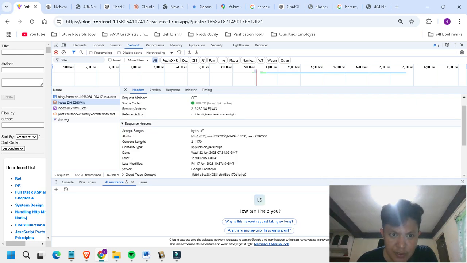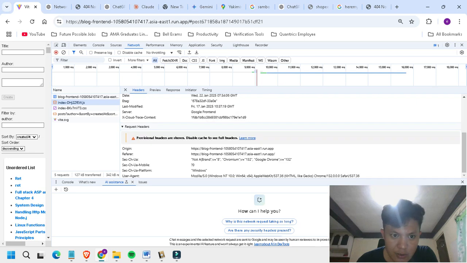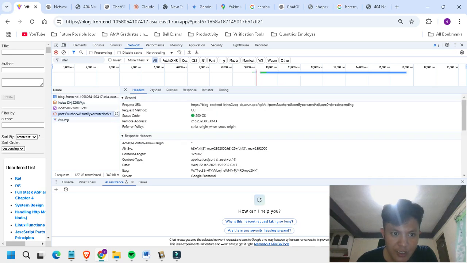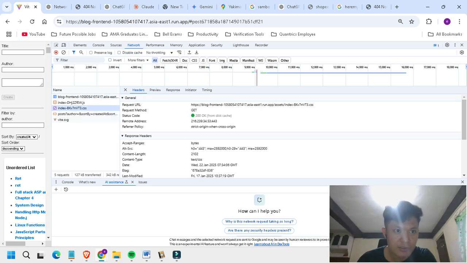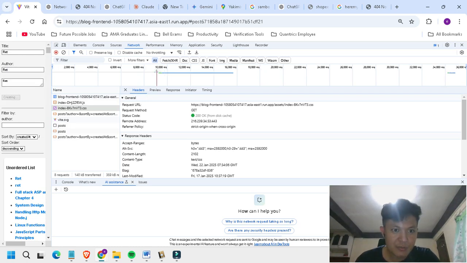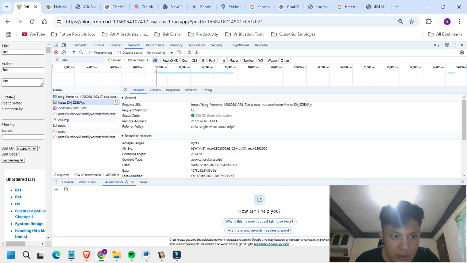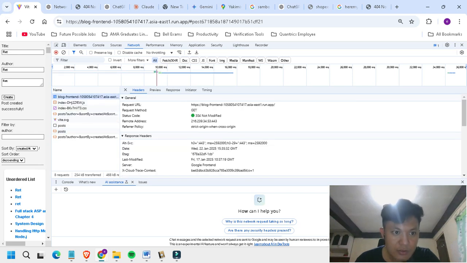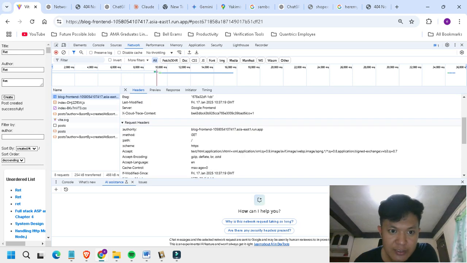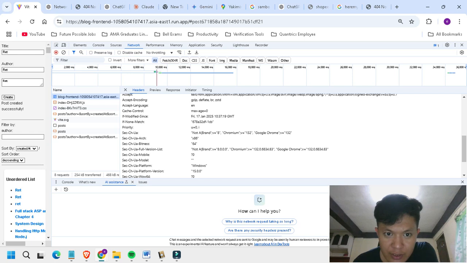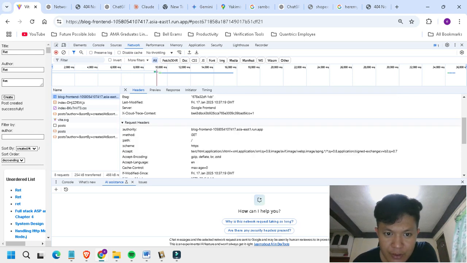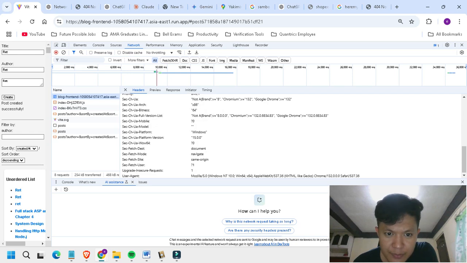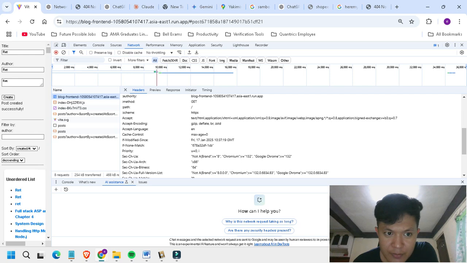Response header. Let's see the CSS, guys. I want to see the CSS because I think that's one of the best ways to understand this. So as you can see, we had 8 requests and then 254 kilobytes transferred. But we need to focus on the MIME type. Where is the MIME type?